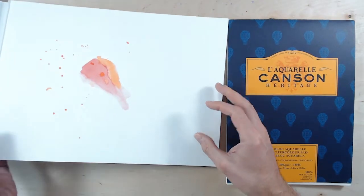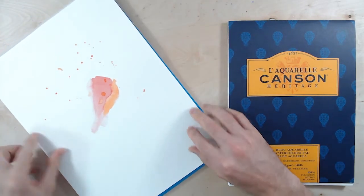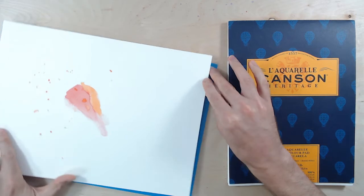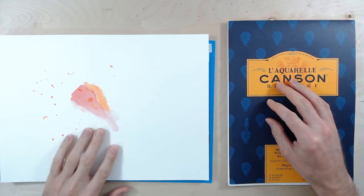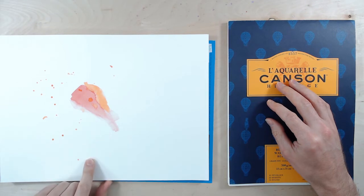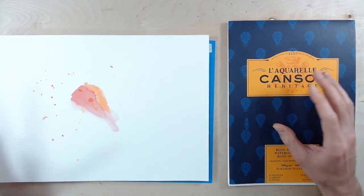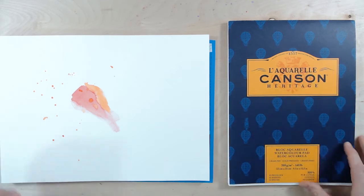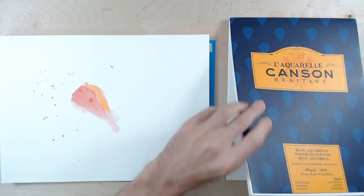And I had done a little test to show, I was just doing a color strip, and the colors are pretty vibrant, and I didn't go over this very much. I just did one run of color here and then added some color over here, and then did some dripping effects. And it's pretty vibrant. And versus, let's see, here is the